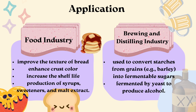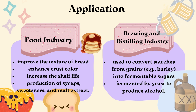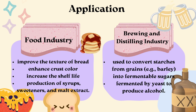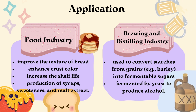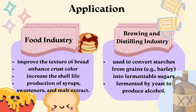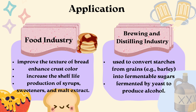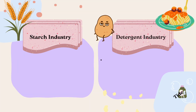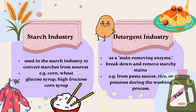In the brewing and distilling industry, amylase is used to break down starch into fermentable sugars, from sources such as barley, and it will then be fermented by yeast to produce alcohol. And it can also be further refined and processed into vodka or whiskey. Amylase is also used in the starch industry to convert starches from sources such as corn, wheat, potato, or cassava